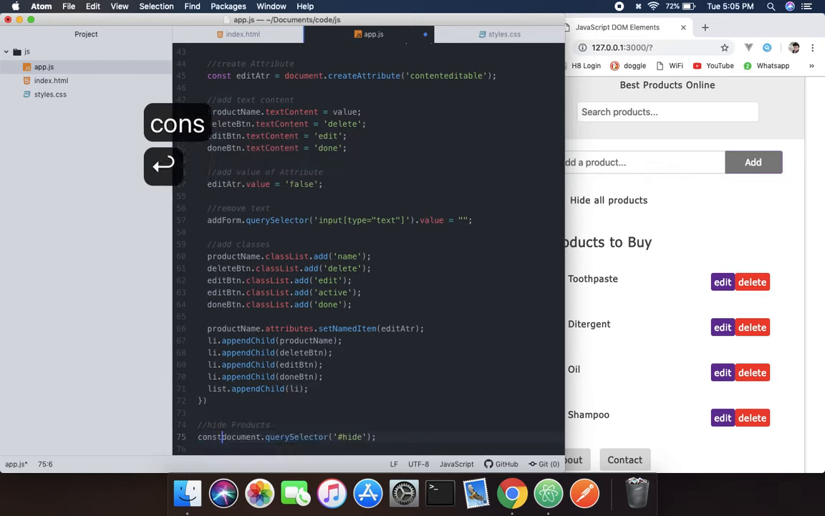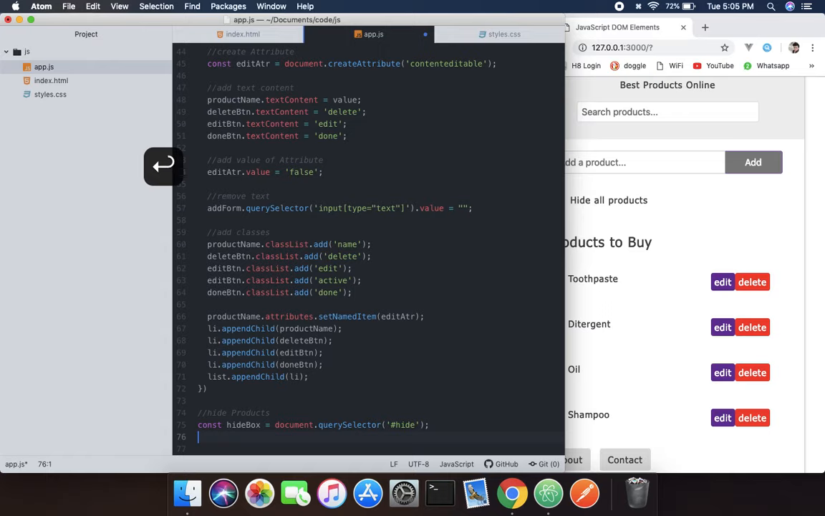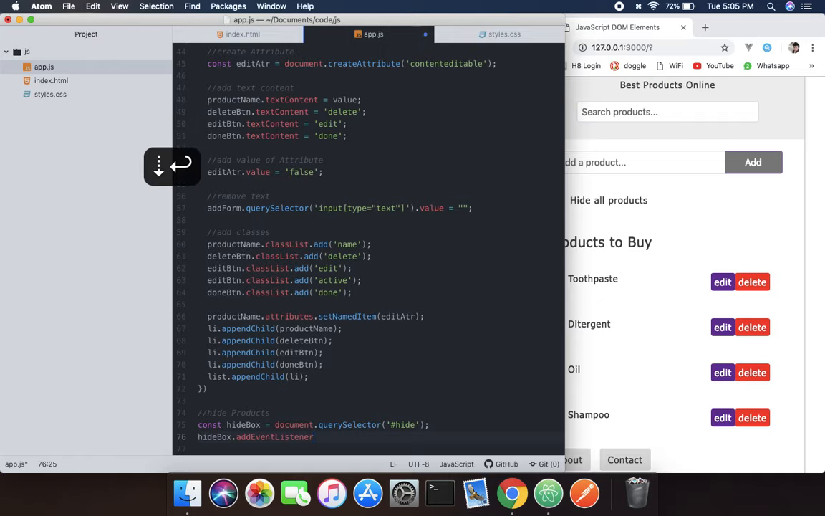So const hide box equals document dot query selector. So we get that element by now, and now we need an event listener for that. So hideBox dot addEventListener, and change. When changed, we need to trigger a function